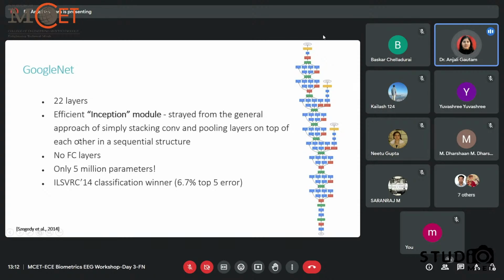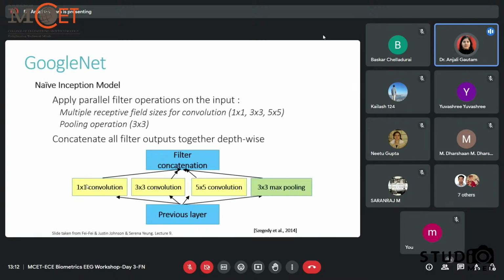Instead of the straightforward approach of simply taking convolution and pooling layers, stacking one over the other, they don't contain any fully connected layer as we have seen in the earlier three models. And it has just 5 million parameters. 5 million is very less. So what exactly is the inception module they have used? Till now we have seen that